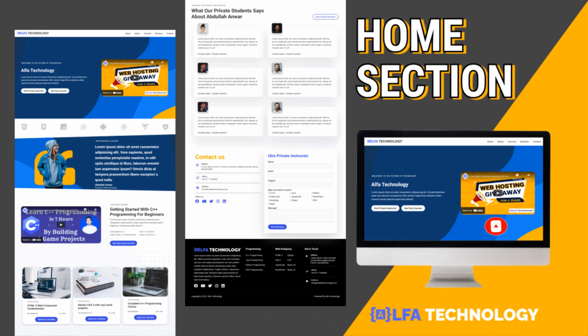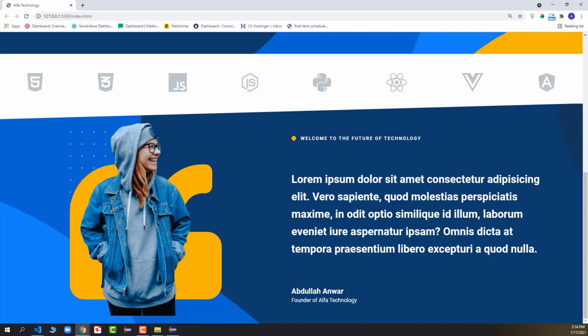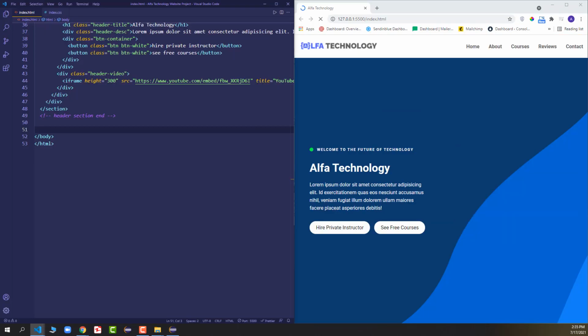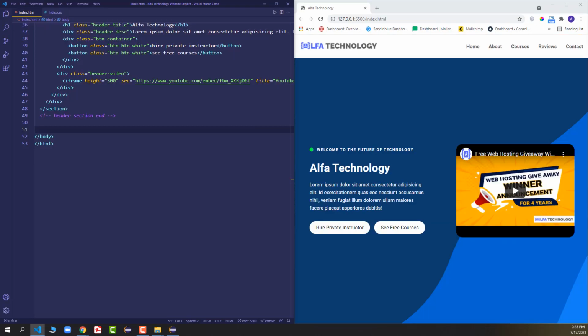That's how our about section will look like. In the about section we have a skills row along with the shape at the top and bottom. We have a small heading, we have a message of the author, then we have the name of the author and the post of the author, and then we have a beautiful image. Okay, now let's go ahead and write the HTML code for the about section.